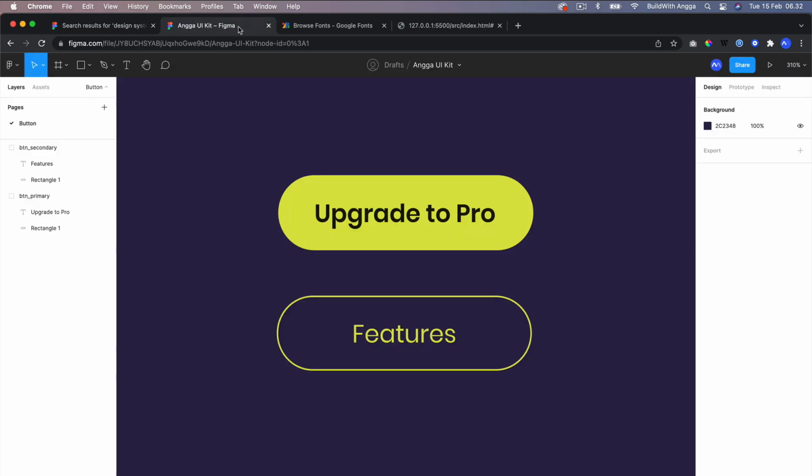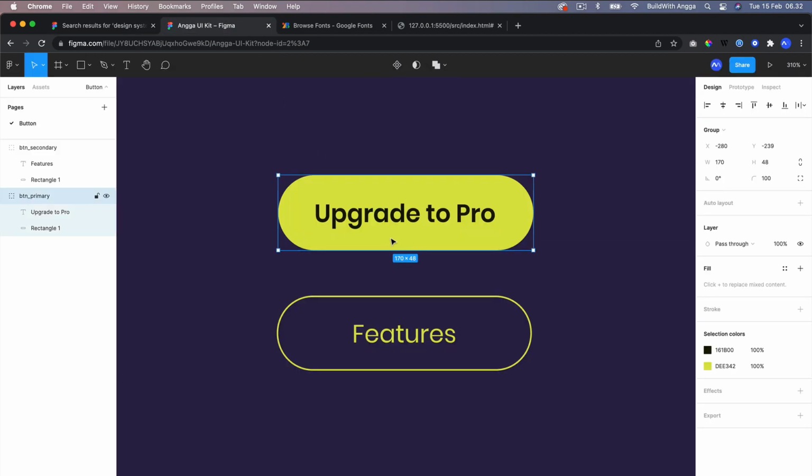But it's okay, as long as you are following my instruction, you're not gonna need these buttons in Figma. What you need is the Tailwind CSS and the HTML code.